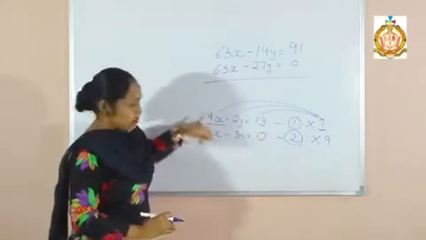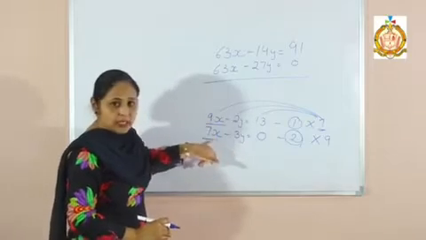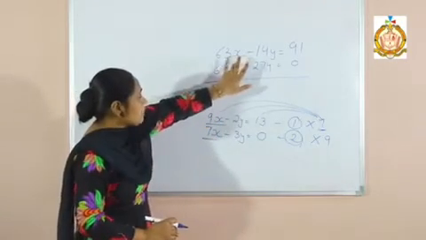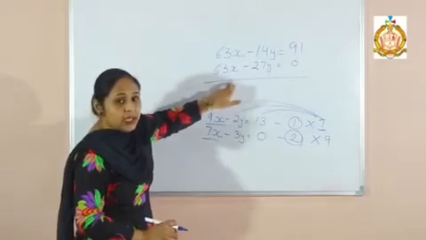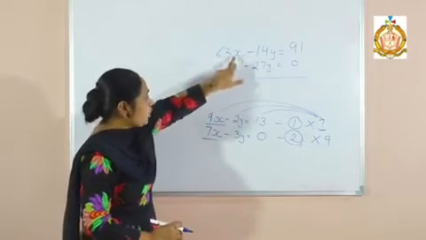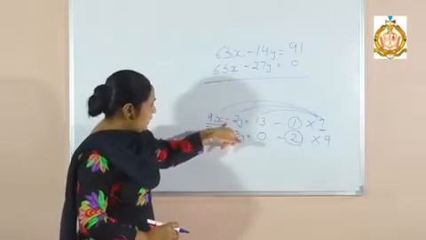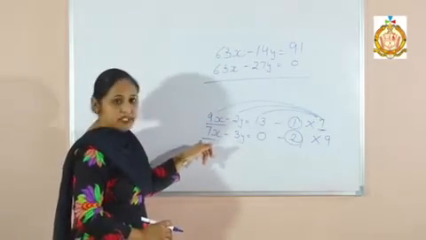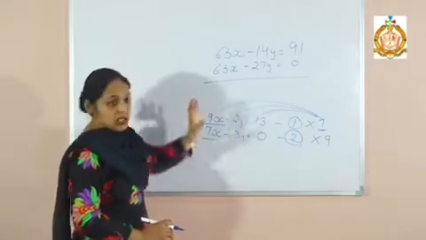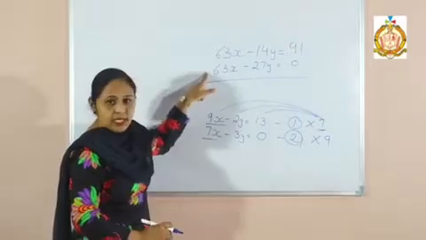First is over. First number multiplied with this one, this number multiplied with this one. That means now see, the coefficients of x are the same. It means equalizing. I have equalized the coefficient of x. First statement had 9, now it becomes 63. Second statement had 7, it also becomes 63. Now both coefficients of x are equal.